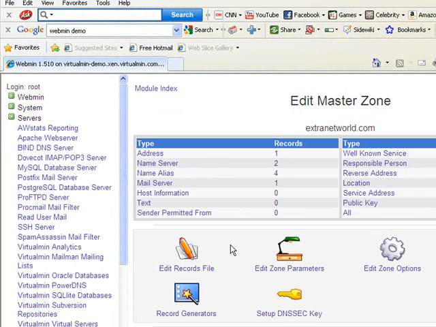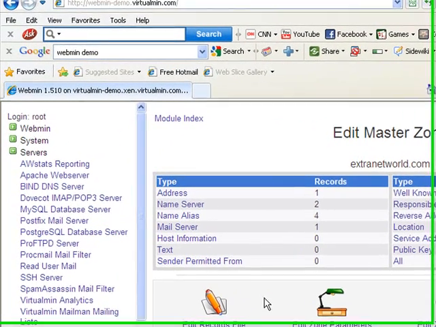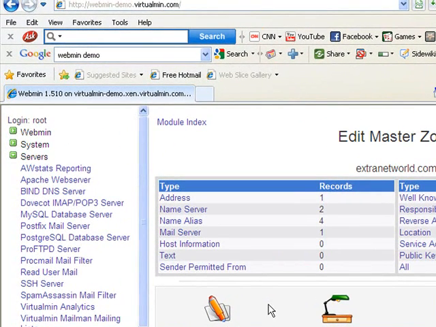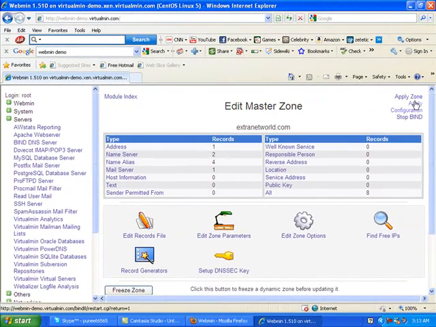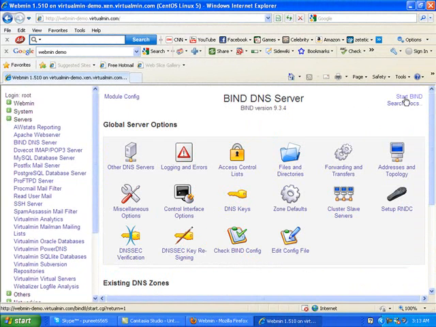So we have added all the records for mail server, for DNS server, and for web server. Now we need to apply configuration. Stop bind server or DNS server, and then start the DNS server.